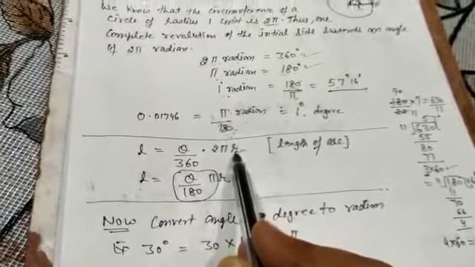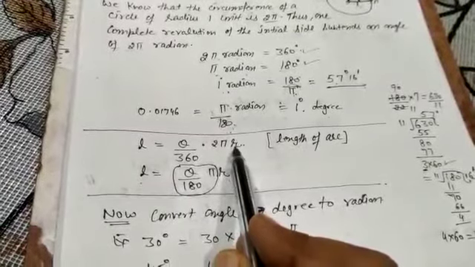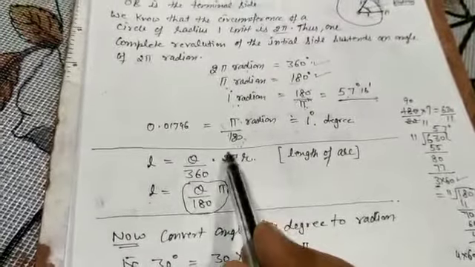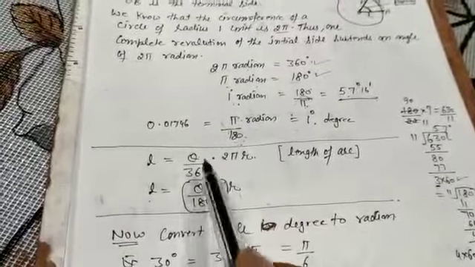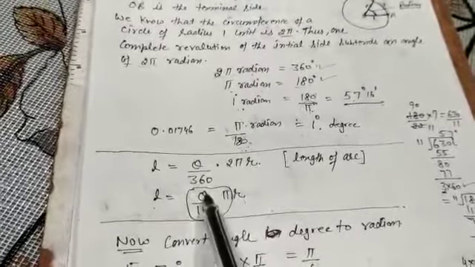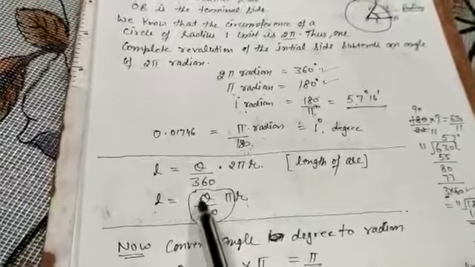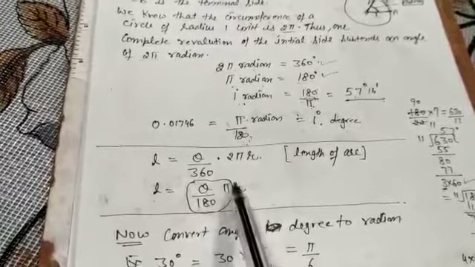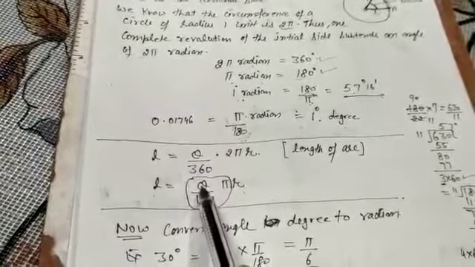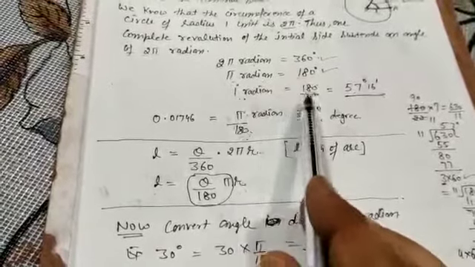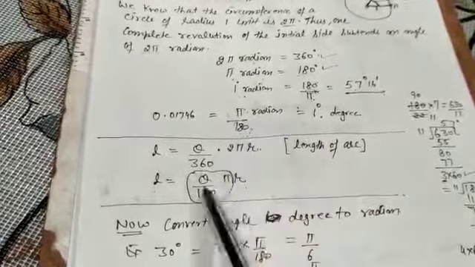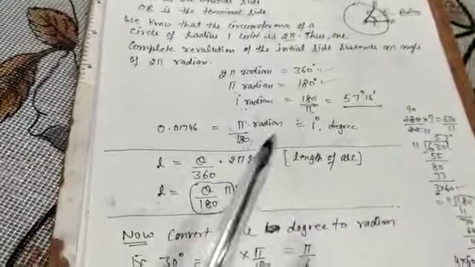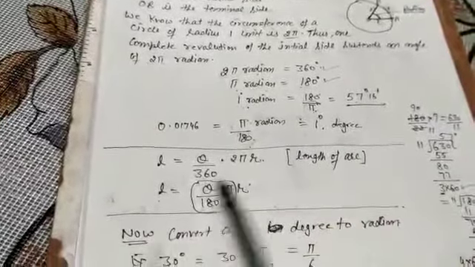If you remember, you studied this formula in chapter 12, area related to circle: length of arc is theta upon 360 into 2 pi r. Actually this 2 cancels with 360, and it becomes 180. Now if you see very carefully, theta upon 180 into pi, theta is the angle which is given to you in degree. When an angle in degree is multiplied by pi by 180, it is converted into radian, and r is the radius.